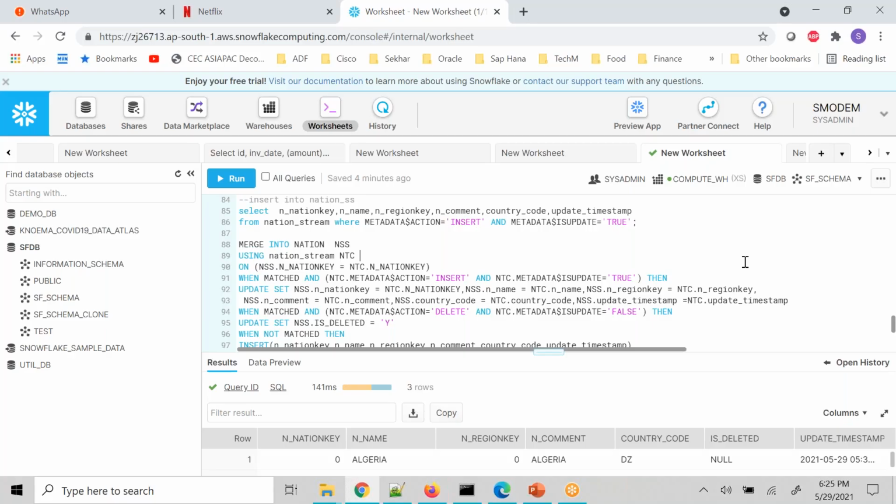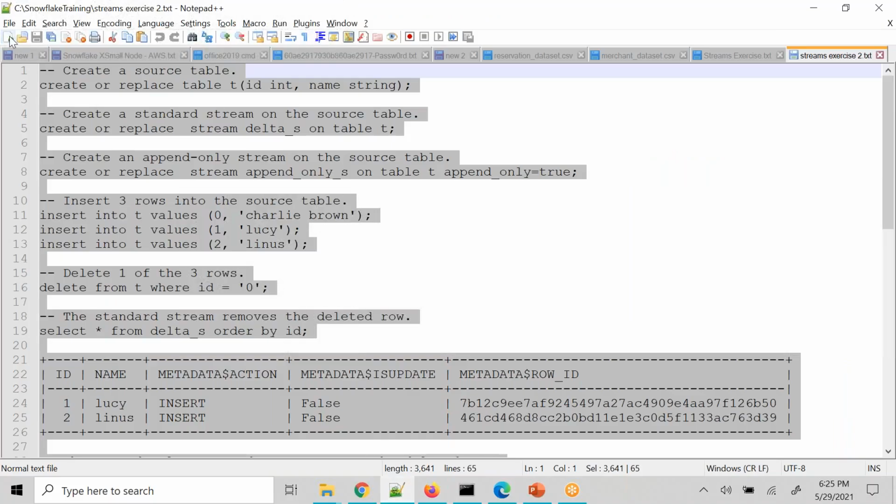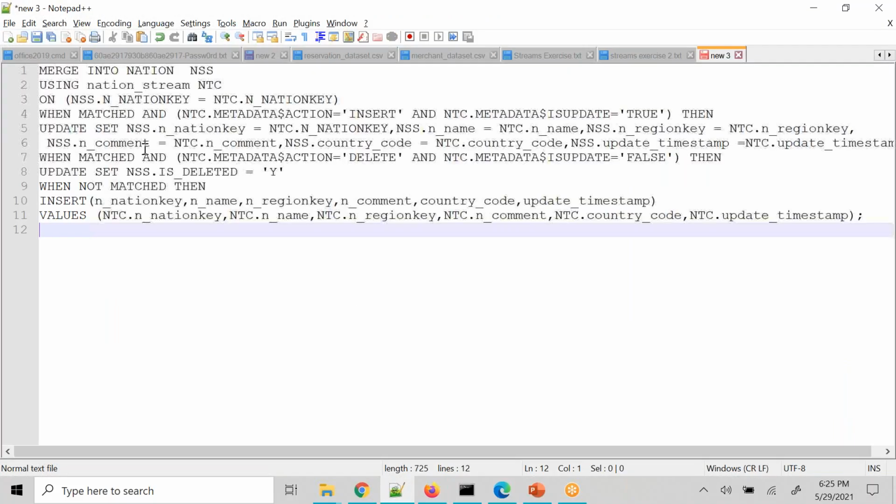You have to run your merge statement twice. First time you have to go and see if you want to modify it. I'm going to take this SQL statement and show you. Assuming that we have a current flag also, right? So whenever metadata action equals update is equal to true, and